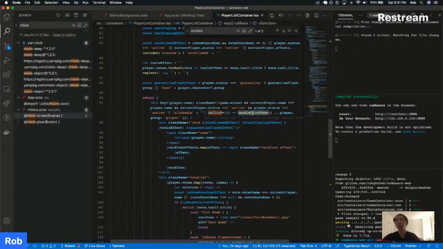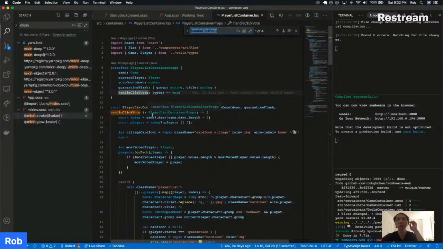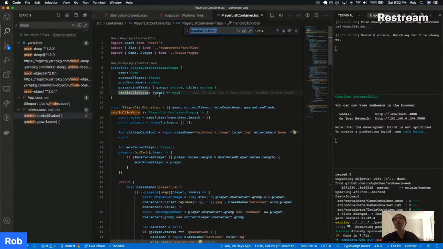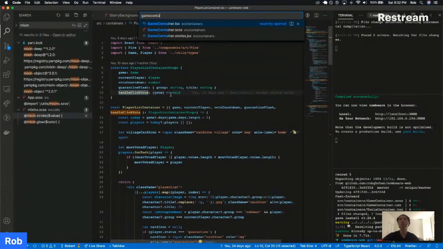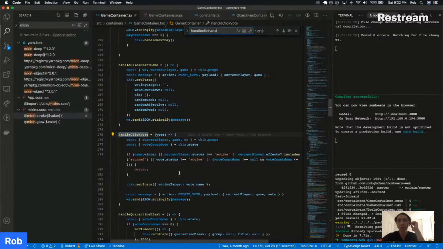So, any chance we set state in handle click vote? Handle click vote. Here we go. Village card icon most voted. No, wait. That is a prompt. So game container, I guess. Handle click vote. That was it. All right, so we have set state voting target, and that's what we need. If voting target equals the player name, then it's selected. Yep. So let's pass down voting target